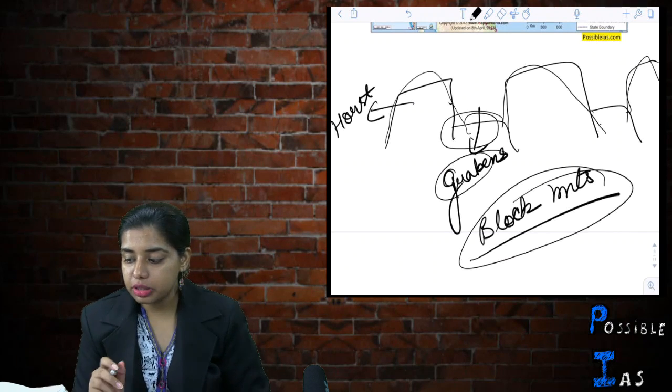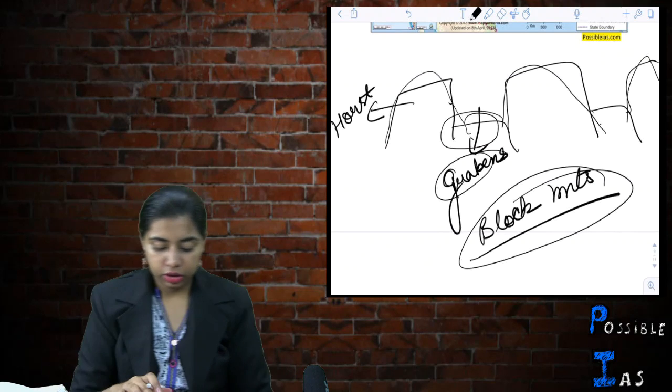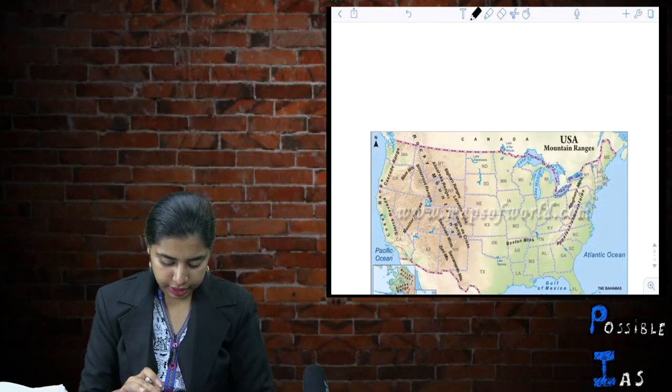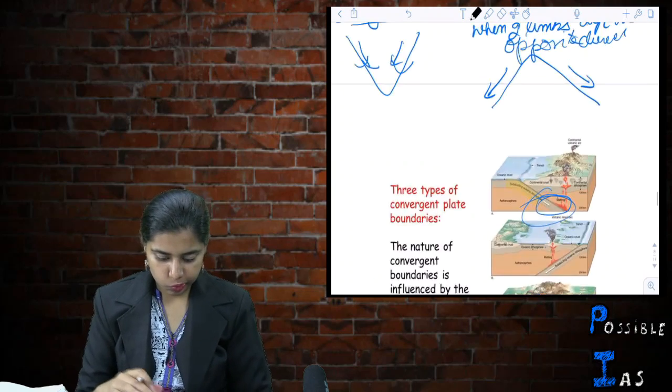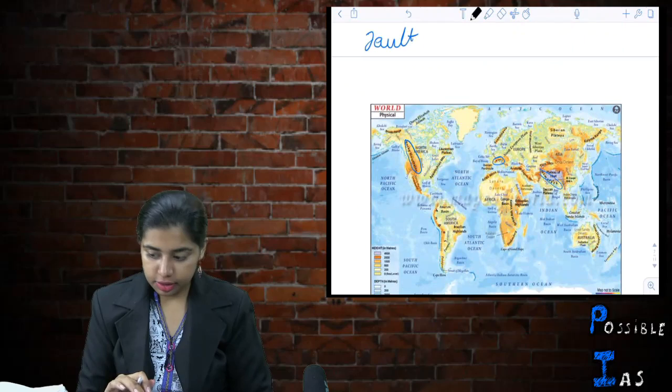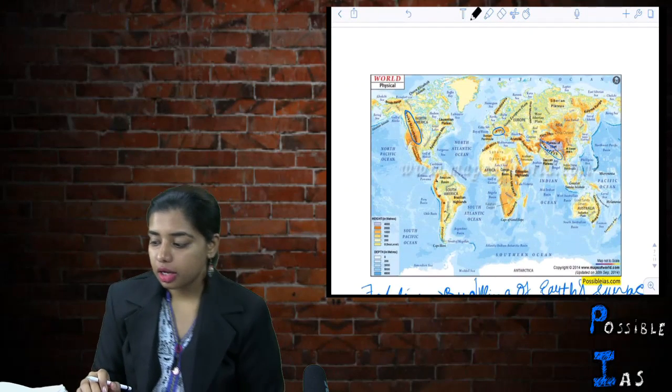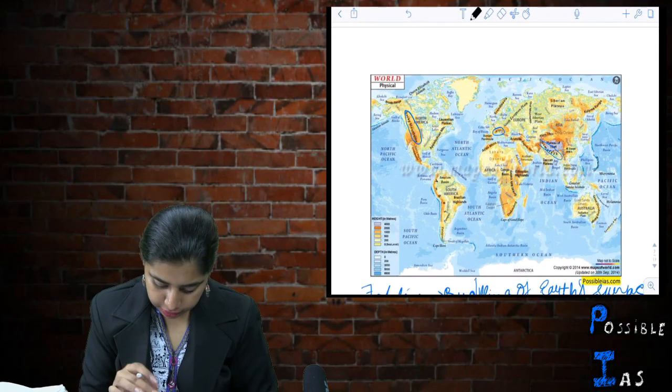And what are the examples of these mountains? The first example is the Vosges mountains which are present in France. Somewhere here there are Vosges mountains present in Europe. Then there is the Black Forest mountain which is present in southwestern Germany. Again in Europe, there is another which is known as